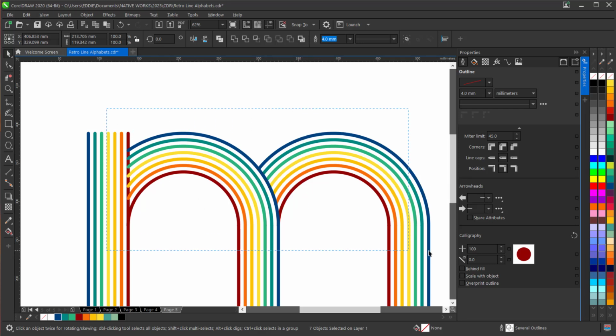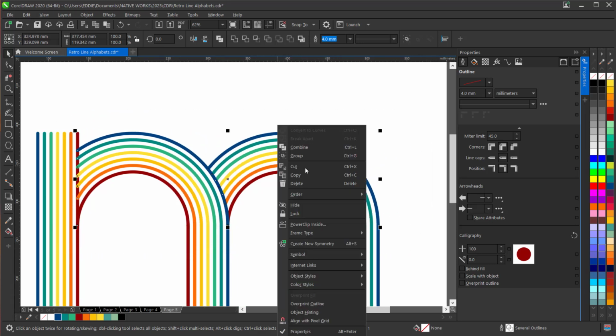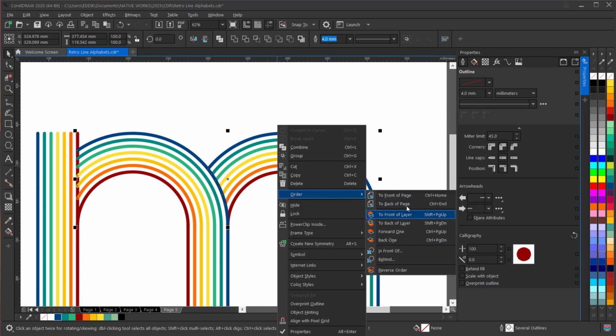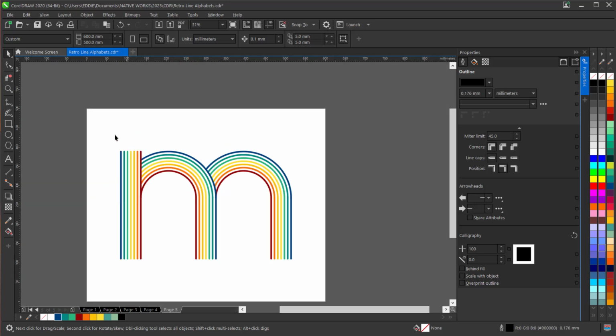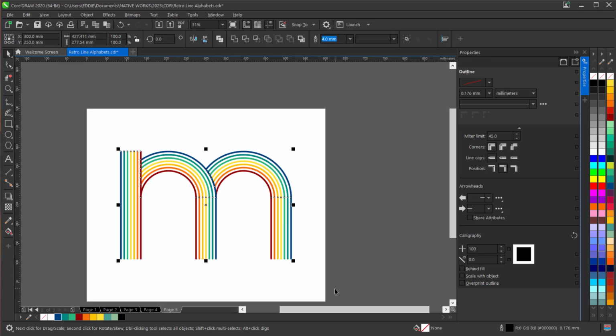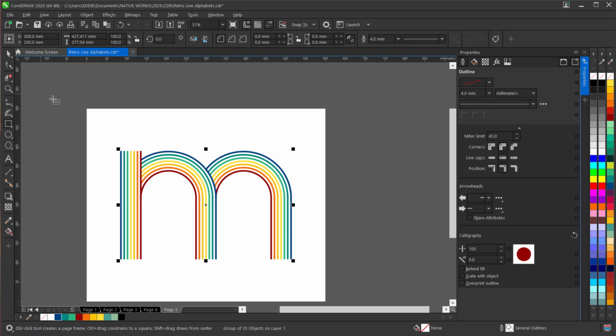So select the two curved parts, right click, give it an order and send to back of page. Wonderful. Congratulations. You have successfully created a letter M in retro style.